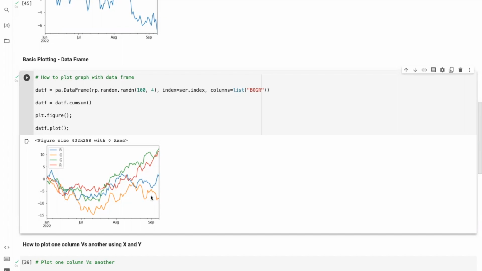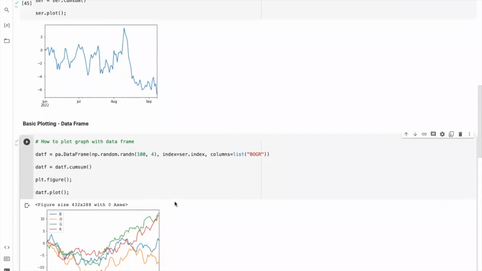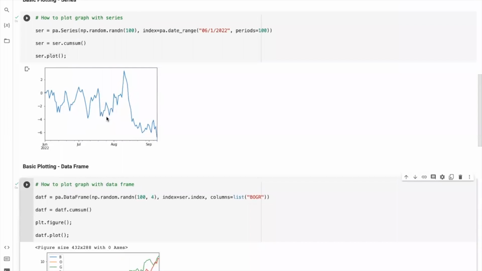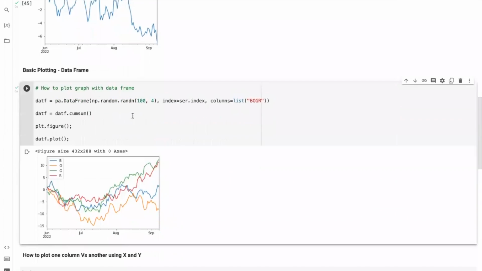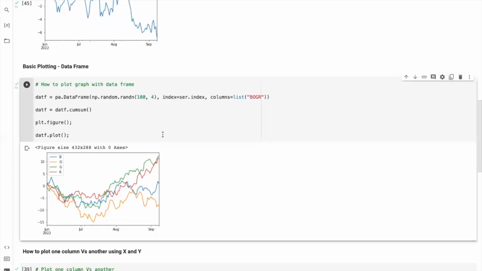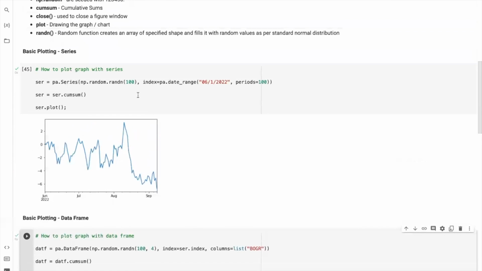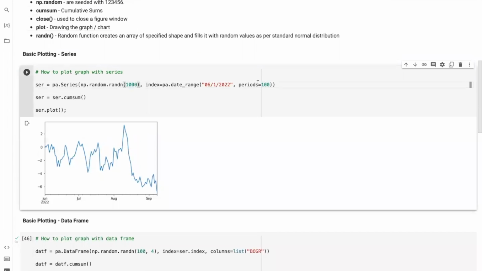It's been plotted here, taking June 2022 and July, August, September. The original index we have created here is the same value being passed into the second DataFrame graph. If I increase this to 1000